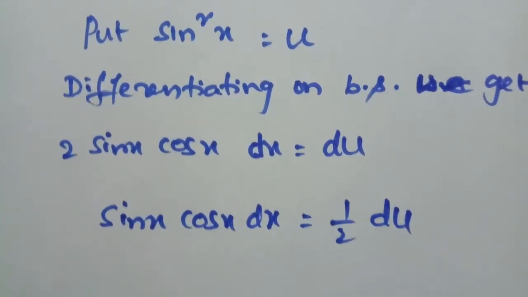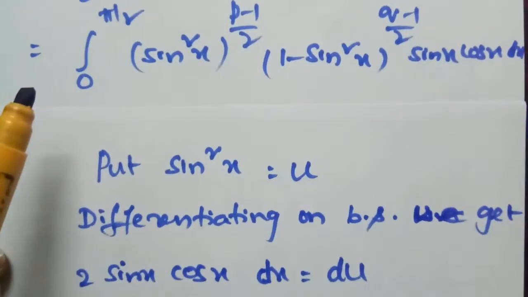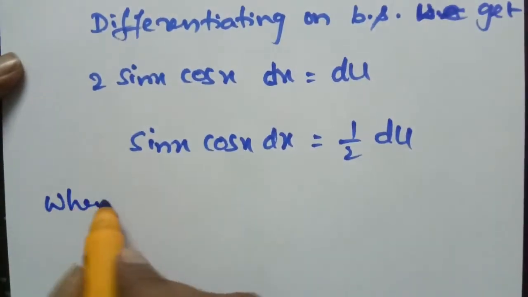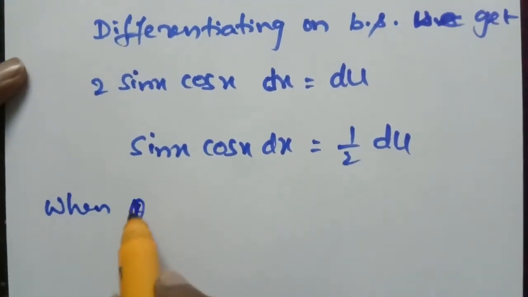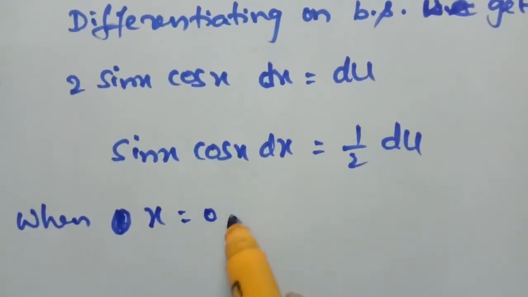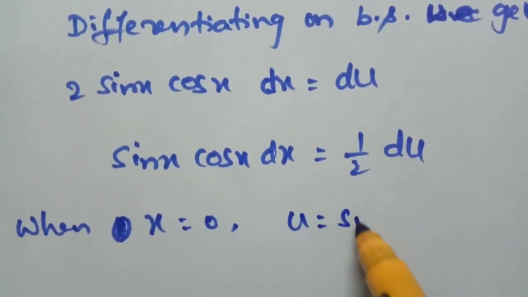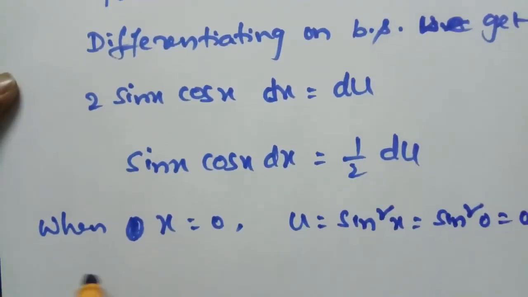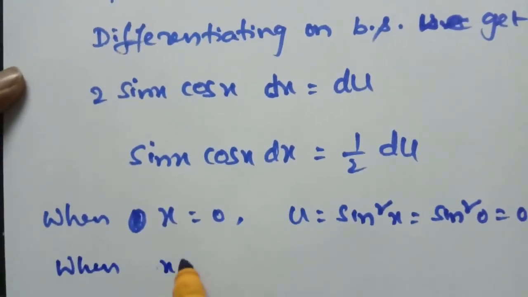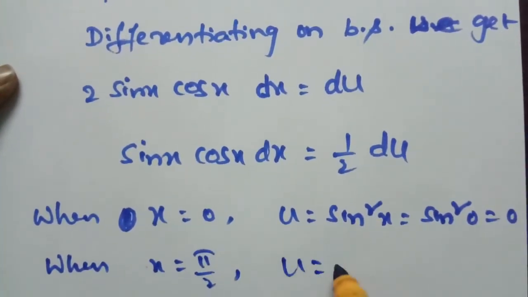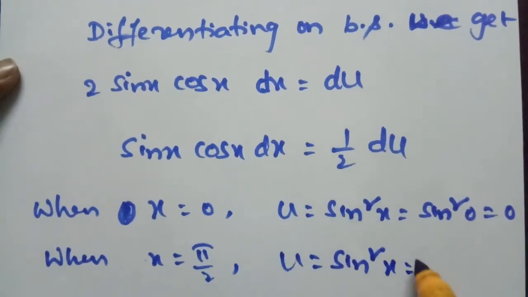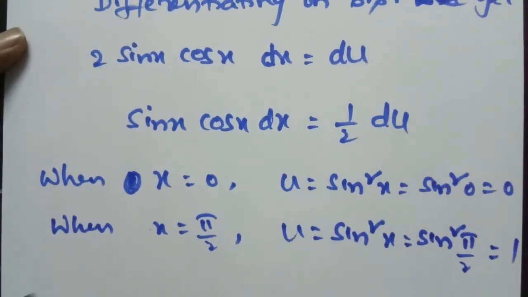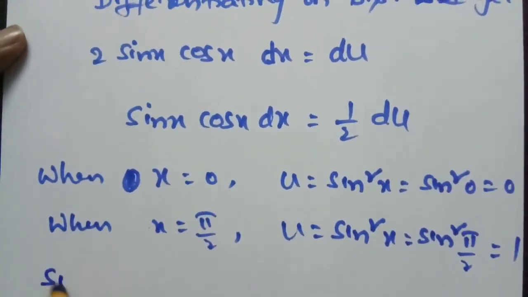Now the limits of the above integration: lower limit is 0, upper limit is pi by 2. What are the limits for u now? When x is equal to 0, u is equal to sin square x, that is sin square 0, which is 0. When x equals pi by 2, u is equal to sin square pi by 2, sin pi by 2 is 1, 1 square is equal to 1. Therefore, substituting these values in the above integral,